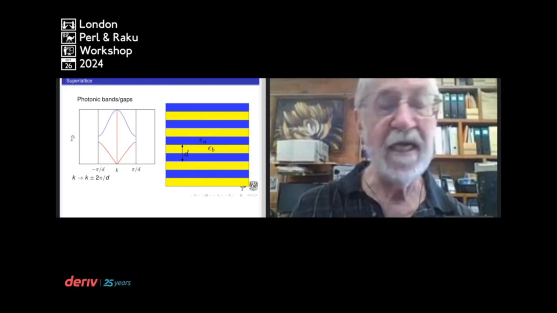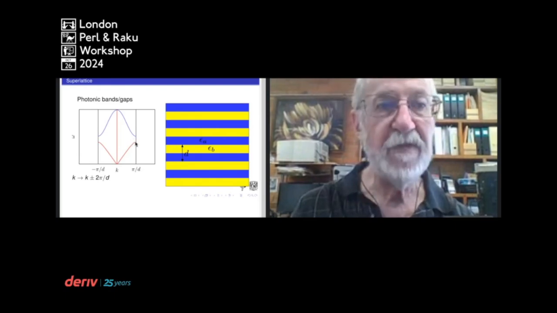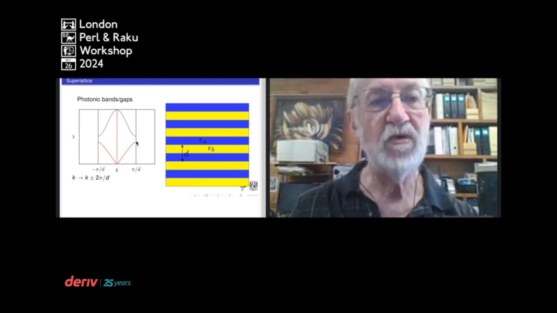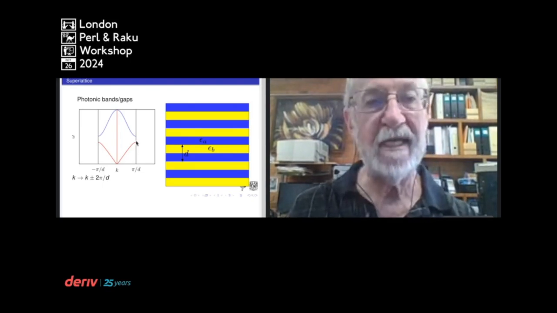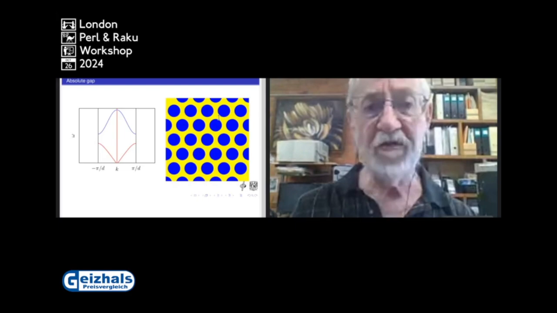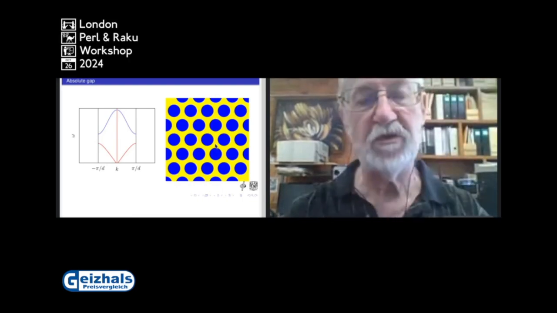So in a plot of frequency as a function of wave vector, actually it gets a curvature, and there appear these regions where light cannot propagate. So these are photonic band gaps, which are analogous to the electronic band gaps that appear, for example, in semiconductors. And of course, you can make these periodic systems in 2 dimensions or in 3 dimensions. In 2 dimensions, they have been used to build